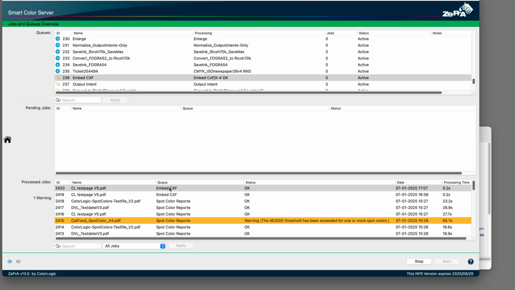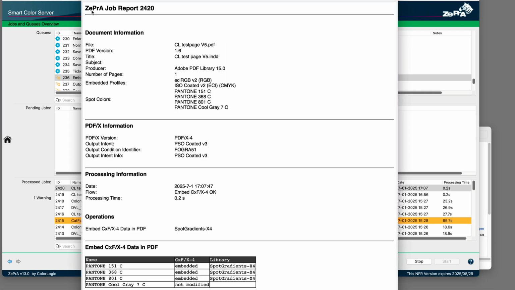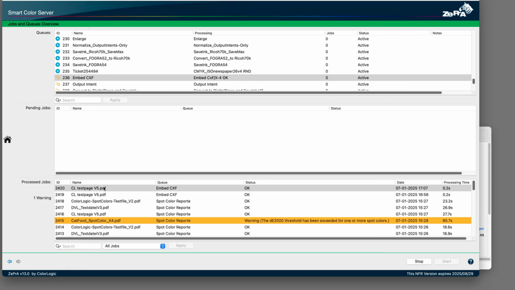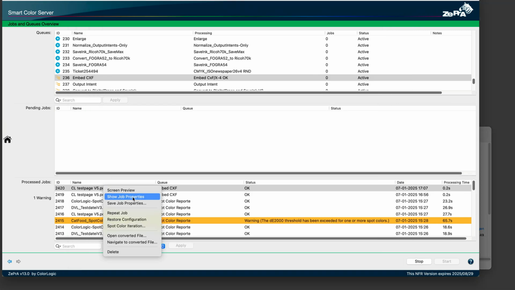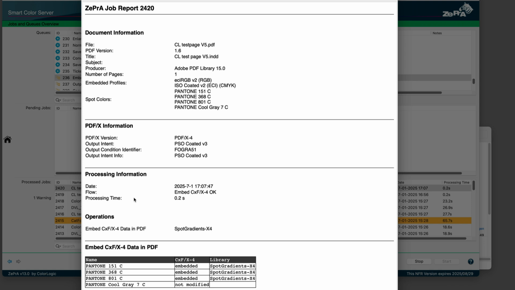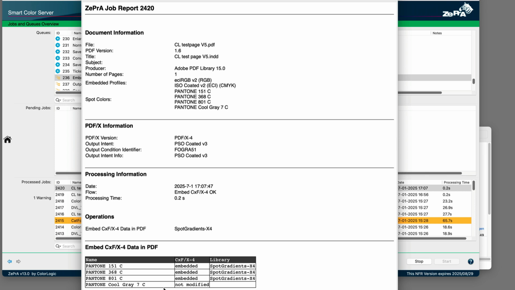We can either check the PDF file with suitable preflight tools if the CXF data has been embedded, or we use the job report that we can get via right-clicking on the processed job. The report informs us that for 3 of the spot colors, CXF data has been embedded, and 1 spot color has not been modified. With these examples, we wanted to give you an overview of the new automation options that